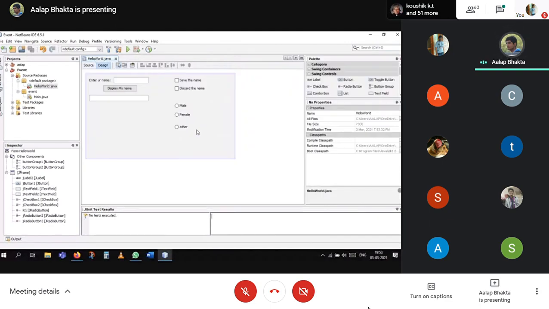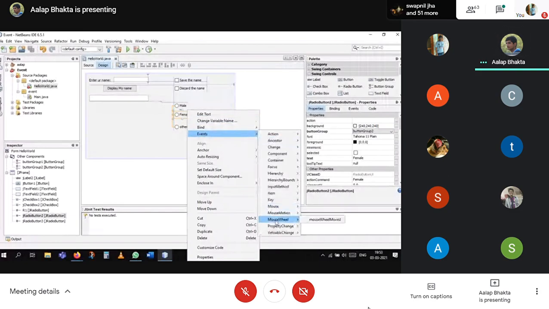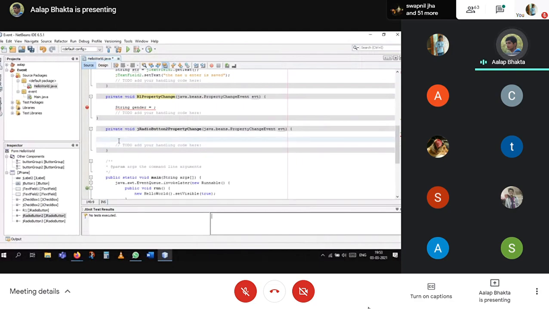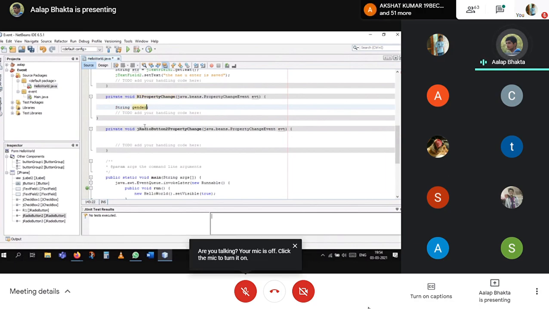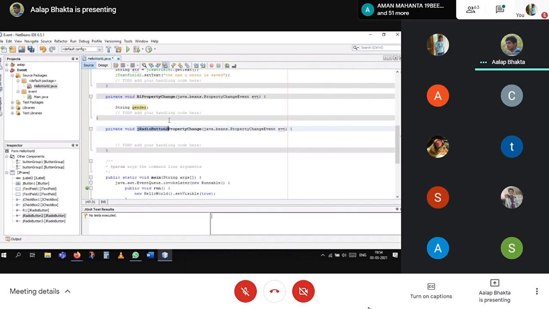Okay, let me get another one also so you can compare over the property change. I changed this property, and I generated another property change event over here. See, the female radio button variable name was J button 2, so it is getting saved like that.